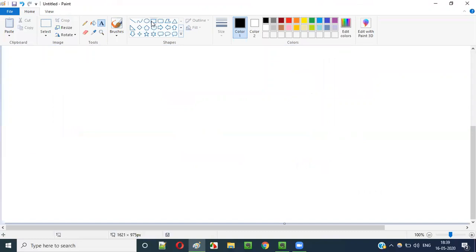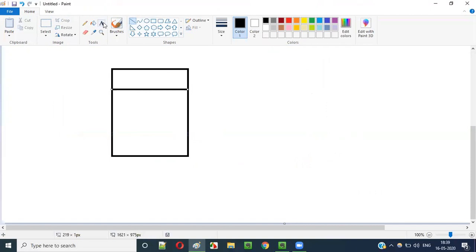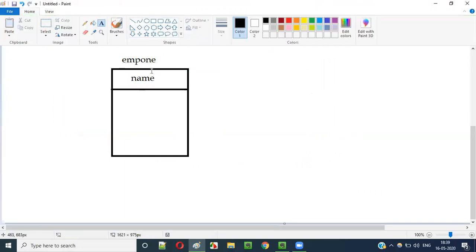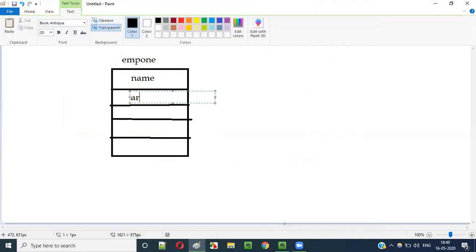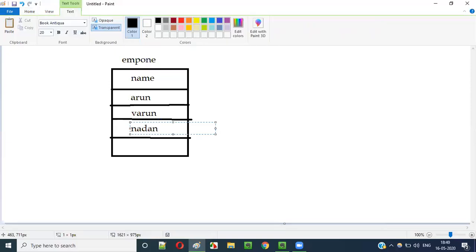Similarly, let's say there is a table having only one column. Let's say the table name is EMP1, and the column name is name. There are several names in this table, like Arun, Varun, Nandan, Tarun.